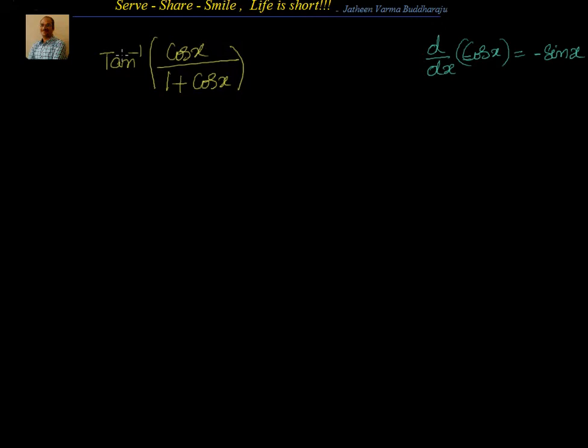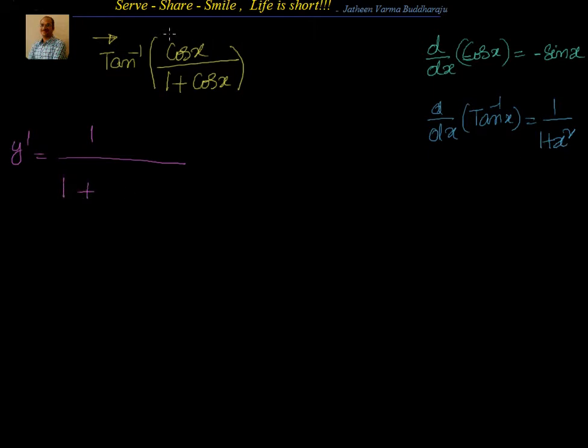Now at high level I see, if I start from outer to inner, I see tan inverse of a function. Now what's the derivative of tan inverse x? Let's write it down here. d by dx of tan inverse x is equal to 1 by 1 plus x square. We have proved that. You can refer back to that. Now we want to find the derivative of tan inverse of cos x by 1 plus cos x. So I will say y dash equal to derivative of this, tan inverse of cos x by 1 plus cos x whole square, that is 1 by 1 plus